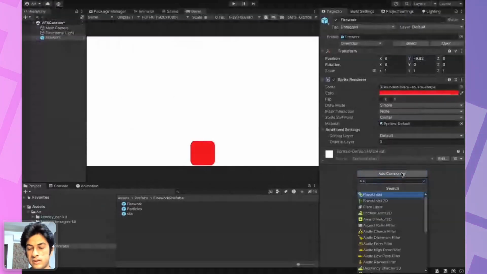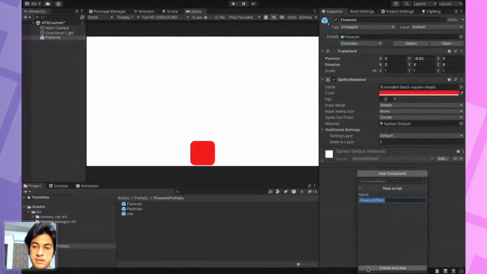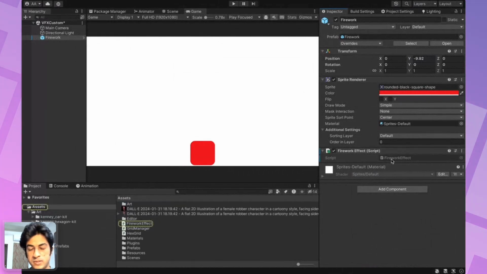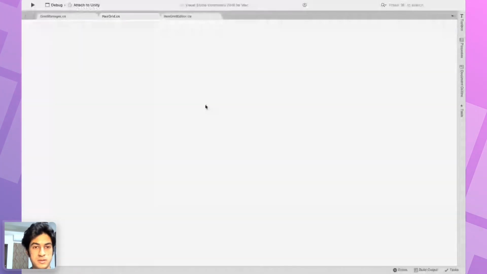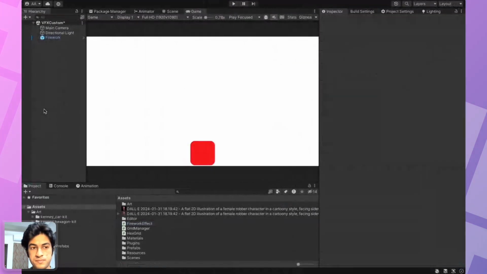In firework effect, we create a new script. And we just paste the code we got from ChatGPT.